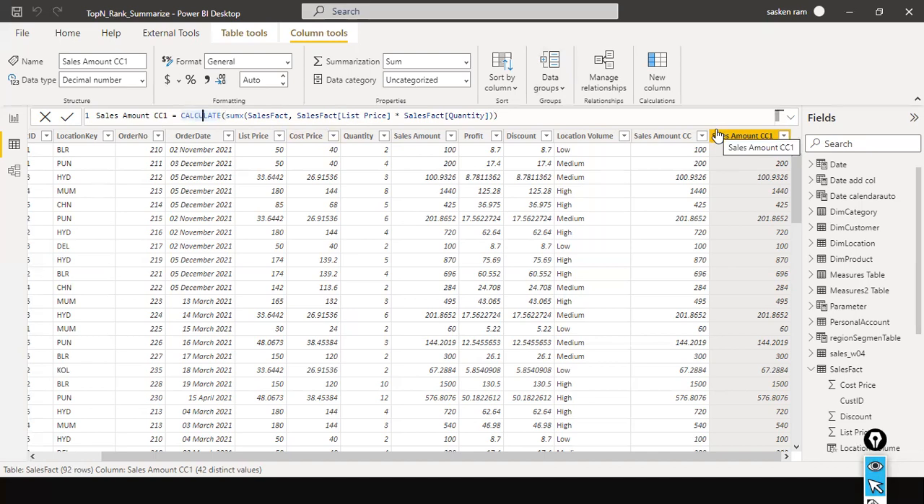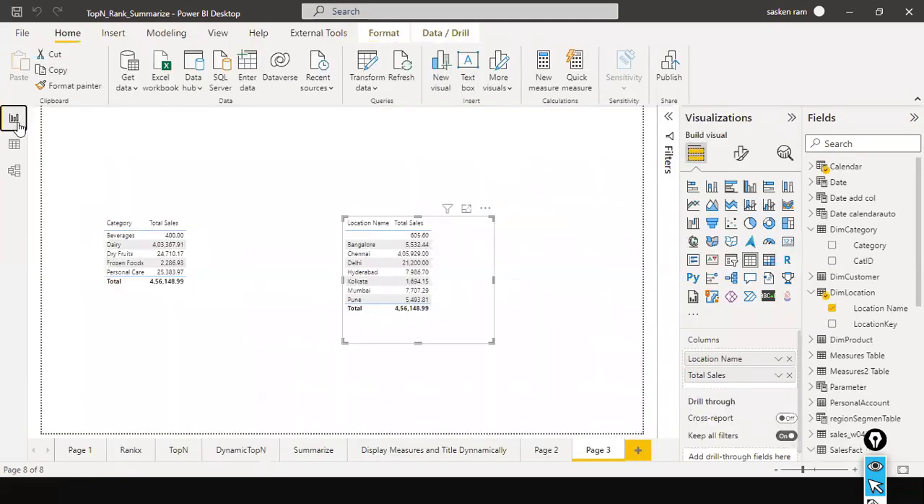So row by row, I wanted to apply the filter here. Instead of doing the total sums, give me the breakdown for each and everything. So the CALCULATE function helps you to transition from row context to filter context. Got it. So this is the idea here. So next what I will do is